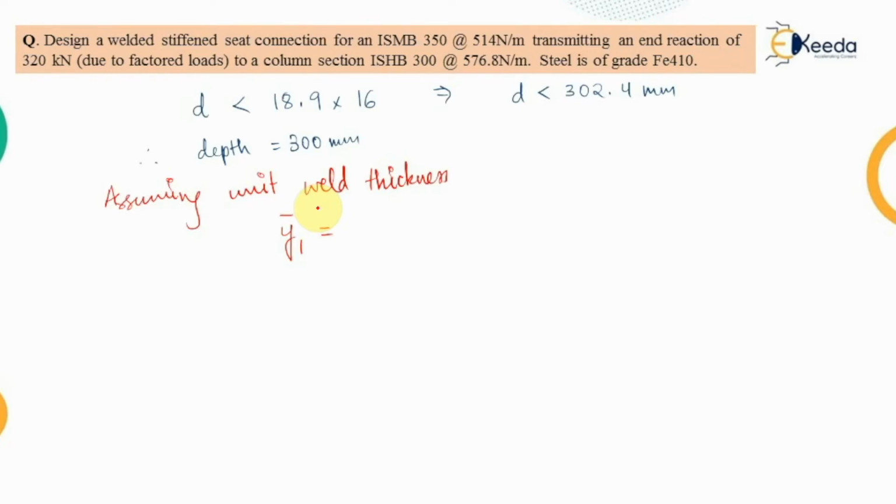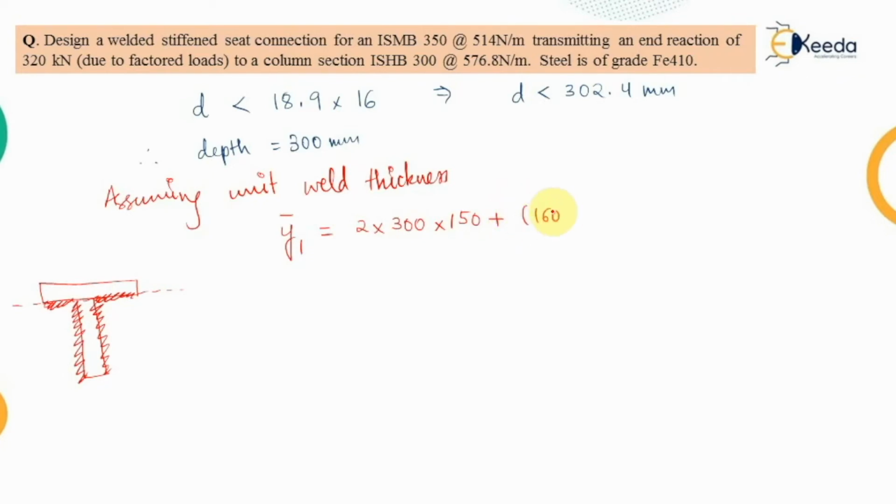Now for that we will take the required length, because 300 millimeter welding has been provided on both the sides of the stiffener. So 2 into 300 into half of the distance of it, that is 150. And if we are taking directly with respect to the top value, this is the seating plate and these are the stiffener. Now the welding has been done along these lengths. If we are taking this value with respect to this one, the welding has also been done here. So along this dotted line the perpendicular distance will be 0. That's why we are not taking that.